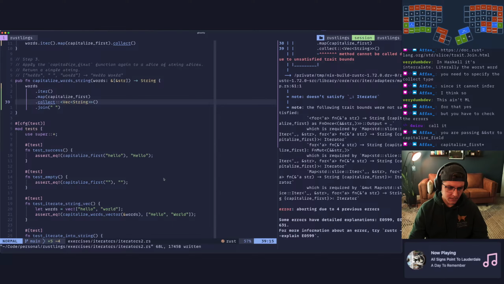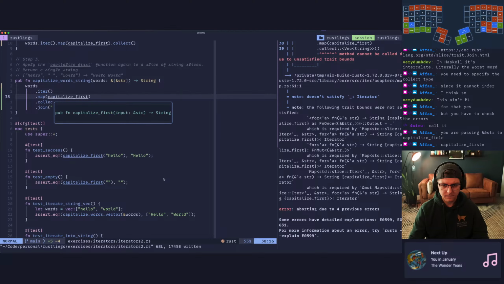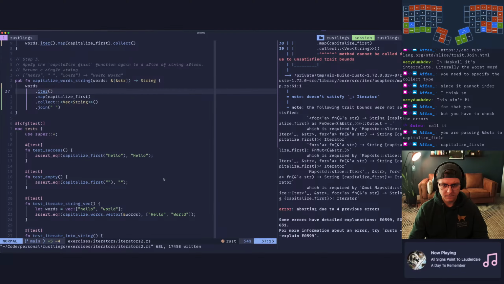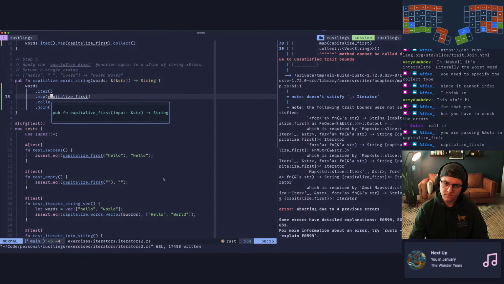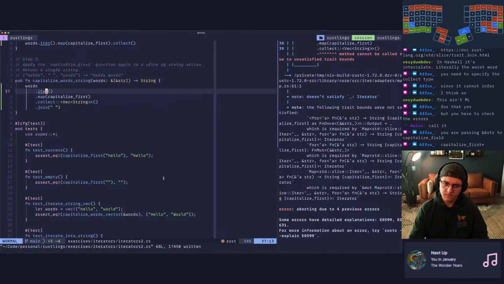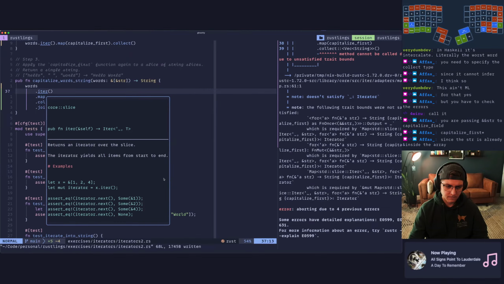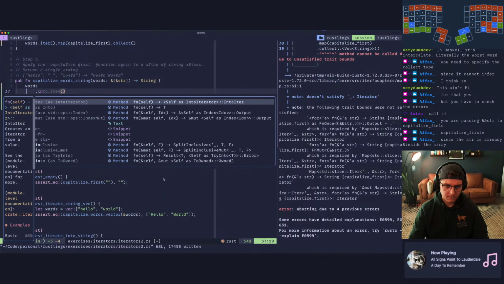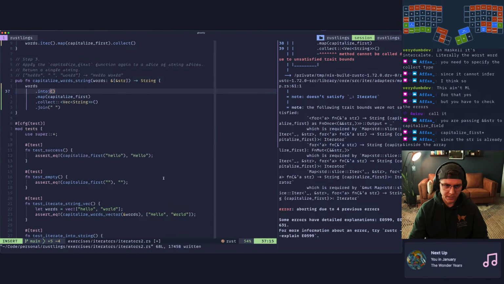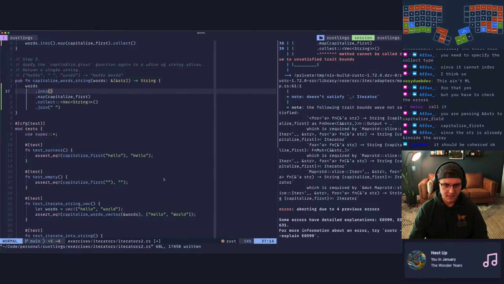You were passing a double reference to capitalized first. Do I need into iter here? Is that what that is?